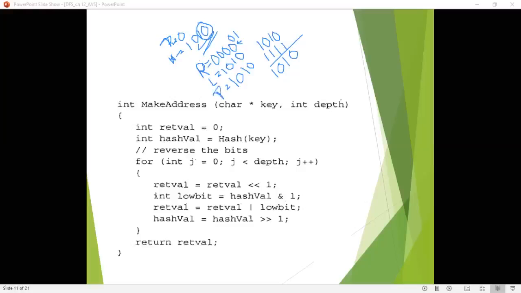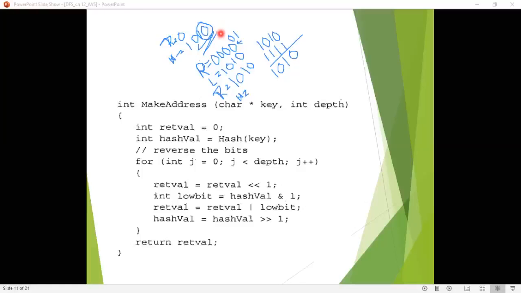And then the hash value. In the next fourth line, h is equal to, you have to right shift the hash value by one position. Where is the hash value now? Your hash value is 1 0 1 0, right?